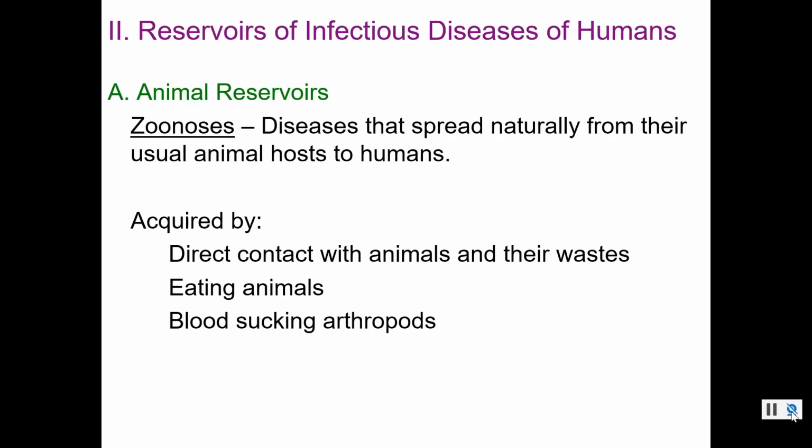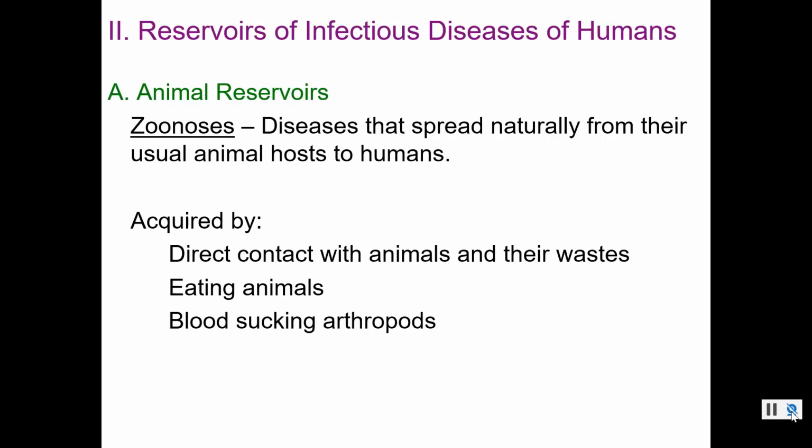We're going to talk about reservoirs today. We had talked previously about our normal microbiome and our symbiotic relationship with it. We said that we have a lot of organisms that are resident microbiota, which are hanging out with us, but that pathogens have a parasitic relationship, and so they're typically not with us. So where are these pathogens hanging out when they're not with us? That's what we're going to talk about now.